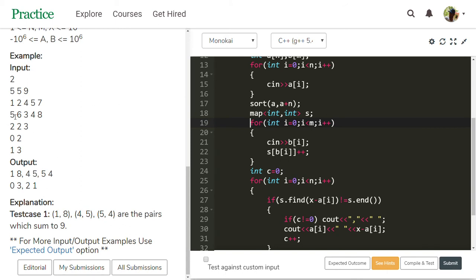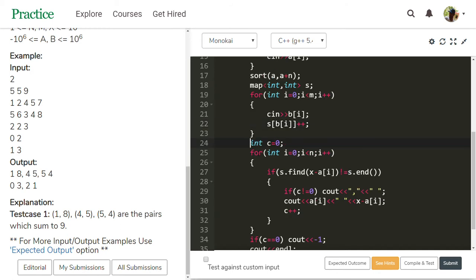When I am taking the values of array B, at the same time I store those values in the map with their occurrence. The key is the element value in S. After ending this for loop, since all elements are distinct, all elements of B will be in the map S.